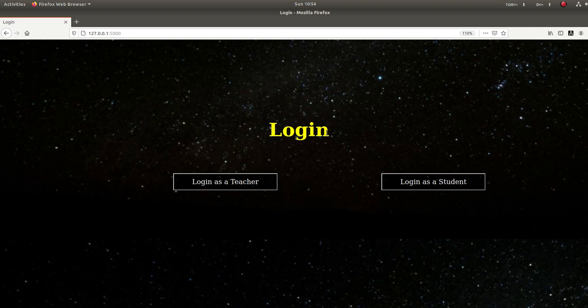I have used MySQL in the backend and HTML and CSS in the front end. Also I have used Flask and CSS3. So if you want to check my backend,